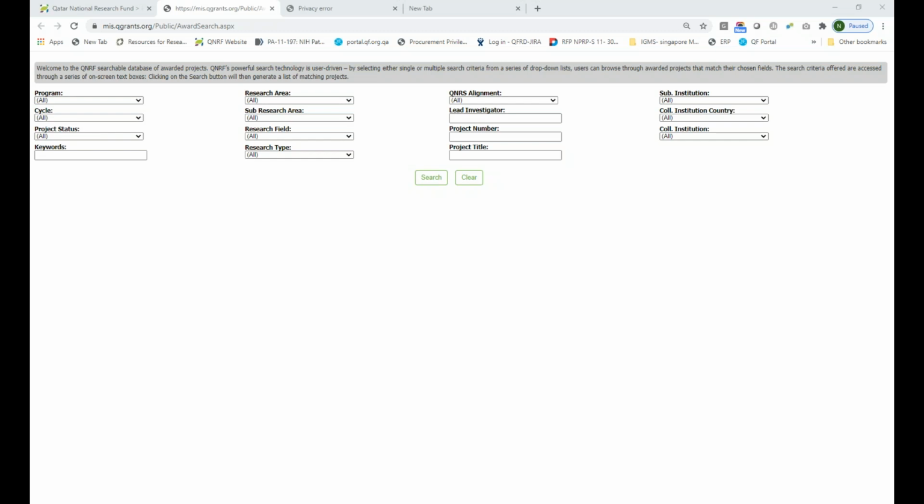Can you hire QU staff in a research project? What do you mean by research staff? If they are research, we can. As I mentioned, we have roles: research assistant, research associates, graduate student, and undergraduate student roles available as part of the unnamed roles in the proposal, and they can be hired from QU or any other institution. But they have to be involved in research and should have a role, and their role should be well explained in the proposal.